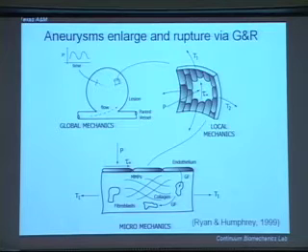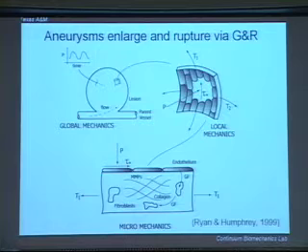So why do they grow? Why do they enlarge and rupture? I think that, as Charlie just talked about very nicely, the hemodynamics clearly plays an important role. And we'll talk about that in a minute. So we think about the hemodynamics telling us something about flow or wall shear stress, something about time-varying pressure. But as we translate that information, which for us in solid mechanics is really information on what are the loads applied to the wall, what we see is here's the wall shear stress, and this pressure will give rise to